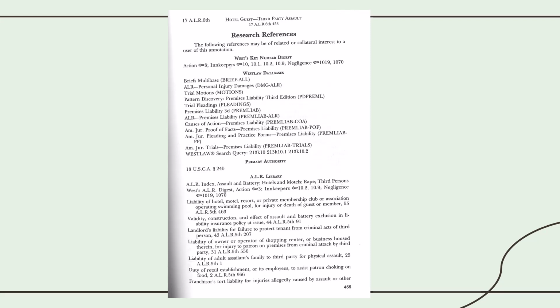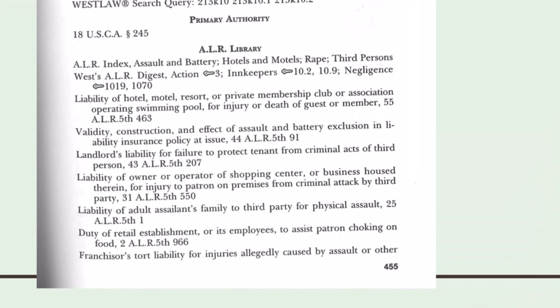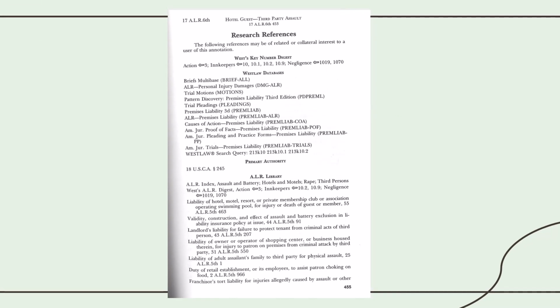The Westlaw databases part, I'm not sure how important that is for you to look at now, because in the old days you had to actually identify the database you wanted to search, not so much anymore. It also gives you reference to primary authority, but here that's federal law, so I would have to look it up to see how it's relevant. And then it gives you a list of related ALR annotations. Now this list actually continues on for another entire page, and I'm going to skip that and go to the